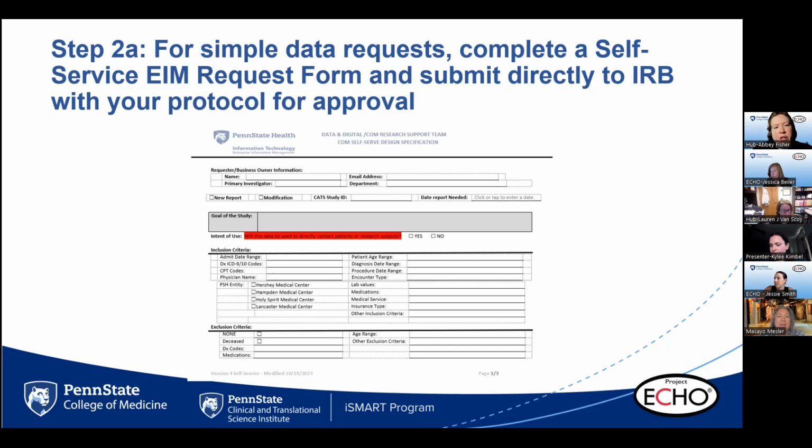For this one, you can see, it does include the ICD codes, the entity that you want, some of the lab values. So for something that's a little bit more simple, you would use this form. And there's never harm in using the more complex system. This is just, like you said, if it's a little bit more time sensitive and you just want what you need and you want to take care of it pretty quickly, you can use this method. So this would go directly to the IRB, and then everything else I'm about to tell you is the next step after this happens. But I just wanted to let folks know that this is available because I didn't actually know about this until we started working together on this presentation. So thank you so much for that.